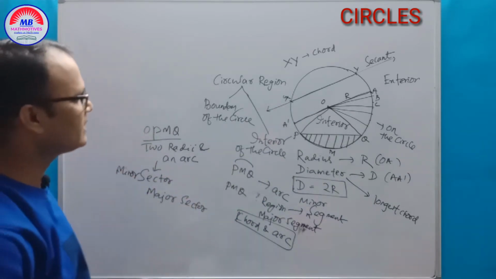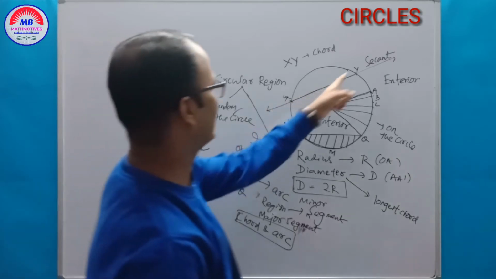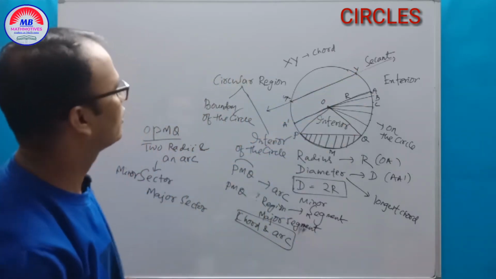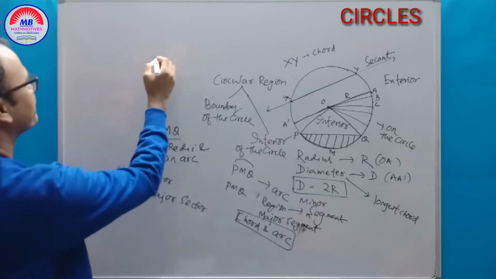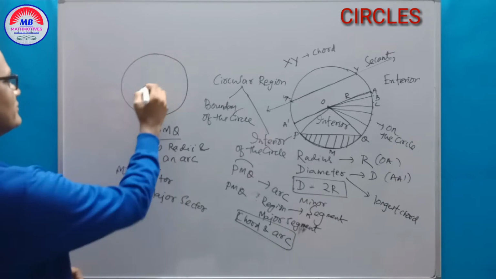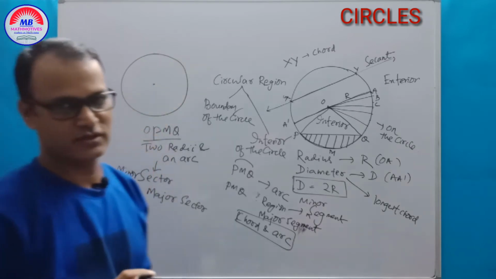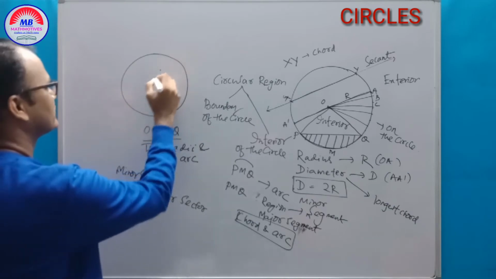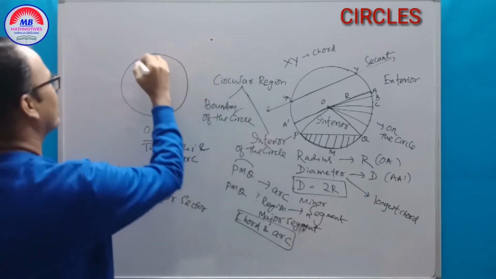Okay, then come to the next point. It is the secant. We have already discussed something. Then comes class 10. What is a tangent? So, the tangent of a circle. What is a tangent? Suppose a point is here, the center, a point is here and a point is here.